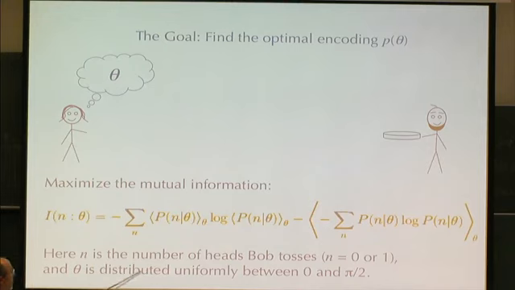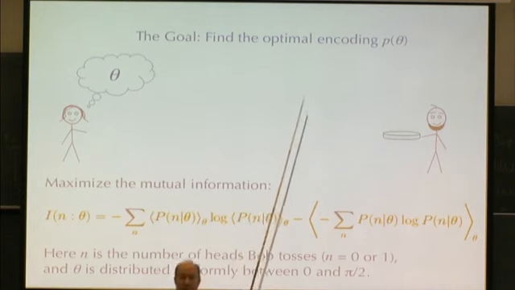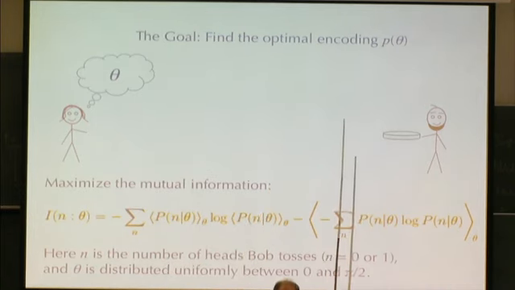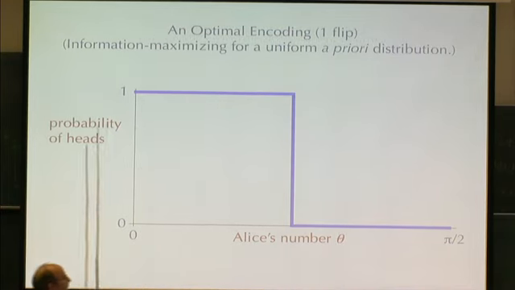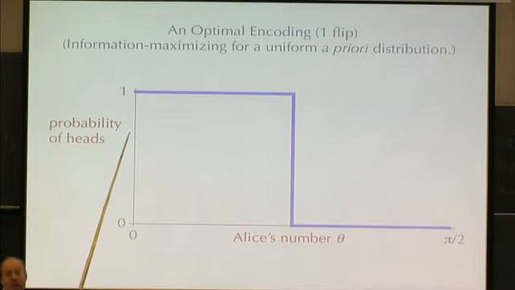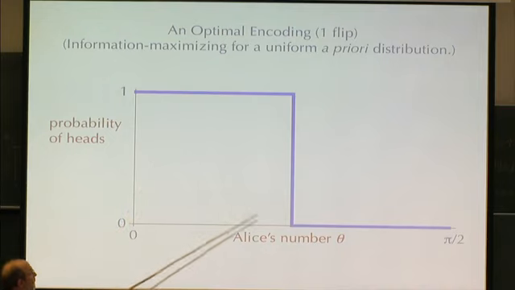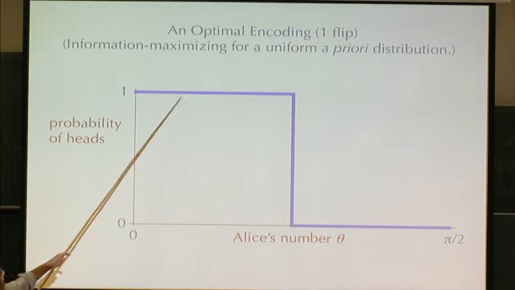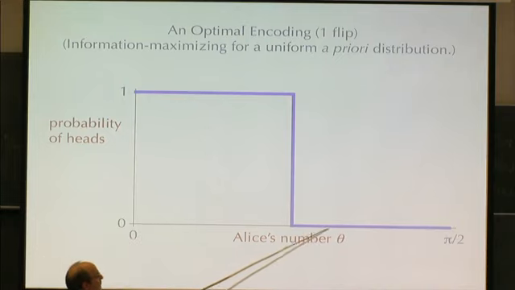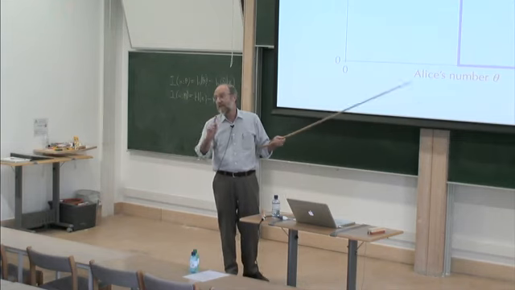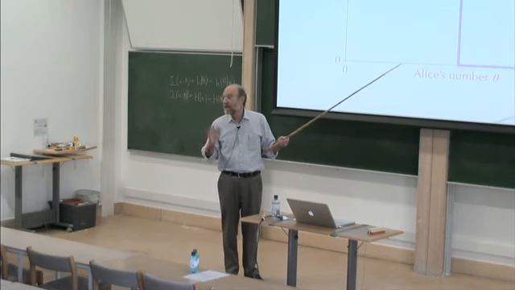So theta is distributed uniformly. And the question is, what's the optimal encoding? Here I claim is at least an optimal encoding. In the case where Bob only gets one flip, one toss of the coin, Alice should do something like this. Say if the number theta is in the lower half of the interval, she'll send Bob a coin that only lands heads. And if it's in the upper half, she'll send Bob a coin that only lands tails. That way Bob will get exactly one bit of information, and that's the best that he could possibly get